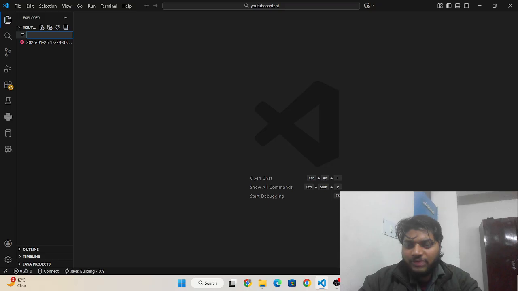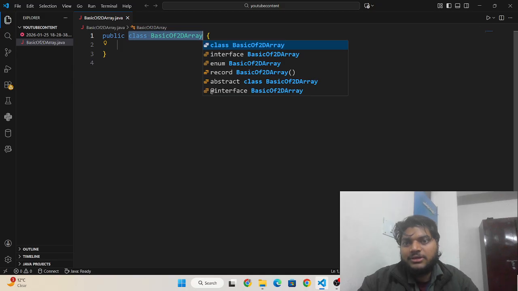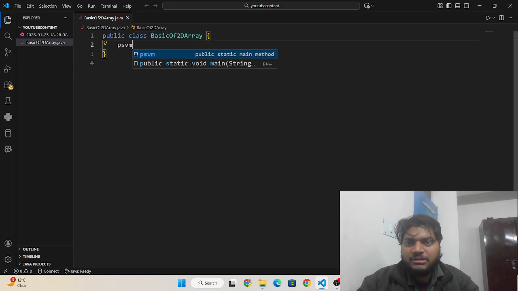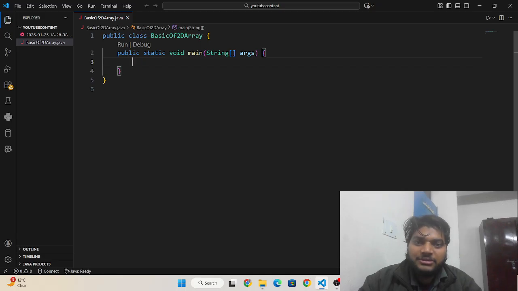So I need to write here basic of 2D, basic of two dimensional array dot java. Okay, so here I need to write, guys, psvm. This is the main method, guys. We need to write public static void main String args and the starting parenthesis to execute every code in Java. Okay, and then here